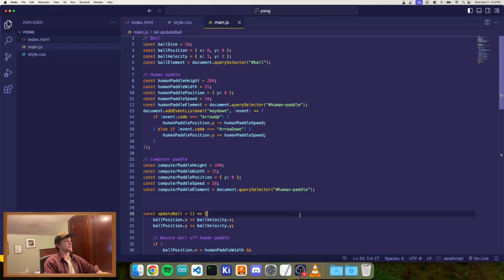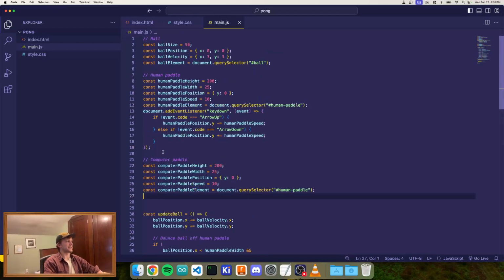Okay, so we don't need to add an event listener to listen for the user pressing arrow keys. What we will need to say